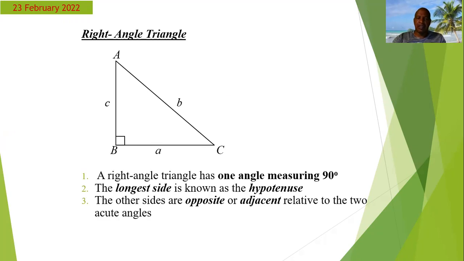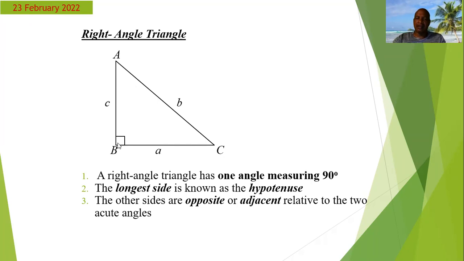Basically for a right angle triangle, we describe the longest side as the hypotenuse, and the angle with the 90 degrees would be opposite to the hypotenuse, or the hypotenuse would be opposite to that 90-degree angle. So always the hypotenuse is opposite to the 90-degree angle. Now you can look for this little box in the corner, which is an indication of a 90-degree angle. And once you find this box, then clearly you should be able to find the hypotenuse by looking right across